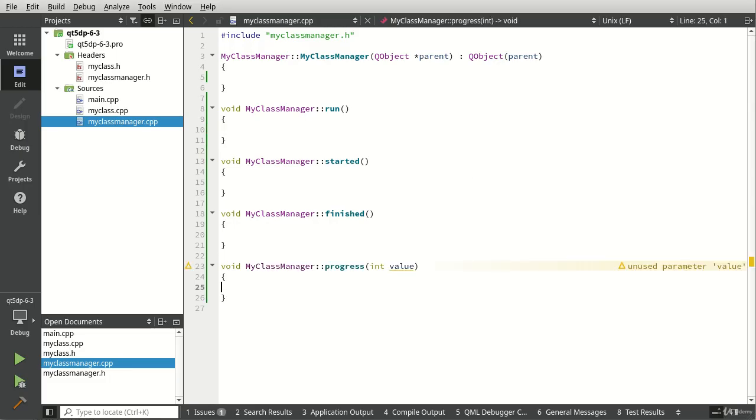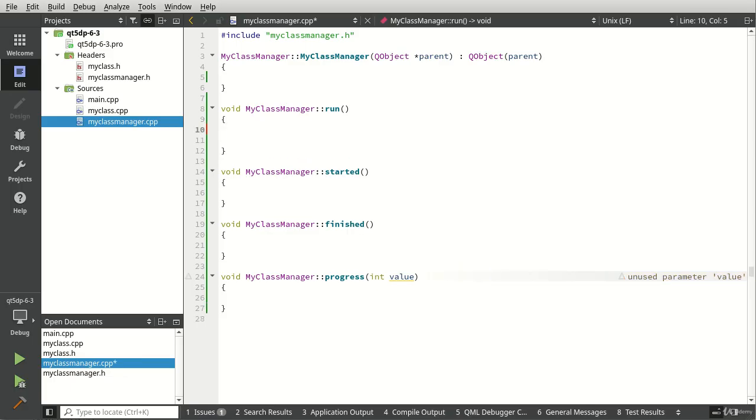All right, now we're almost done. We just have to implement this and then run it. For our run, I'm going to actually say qInfo,